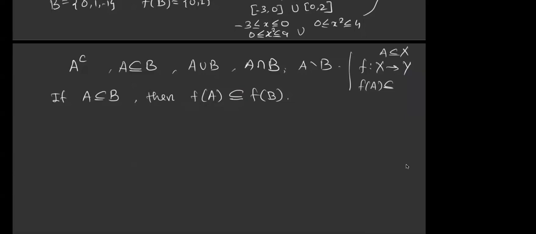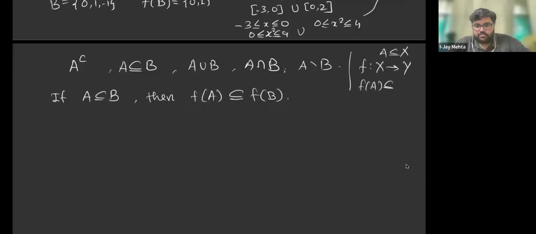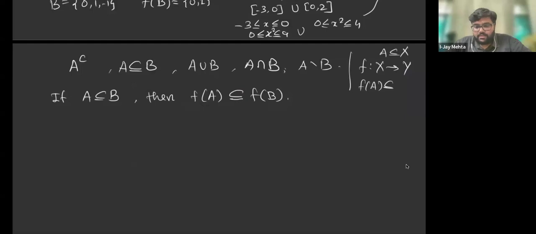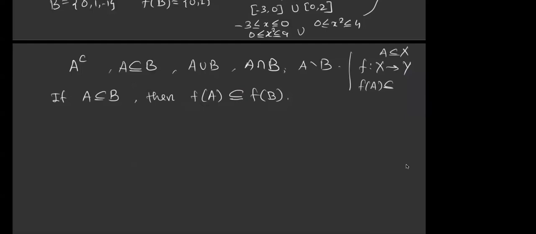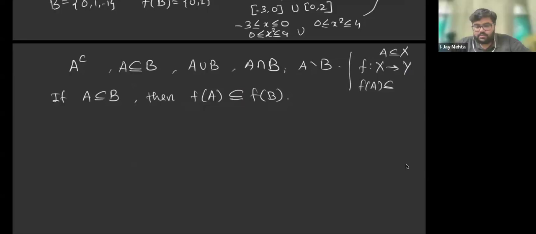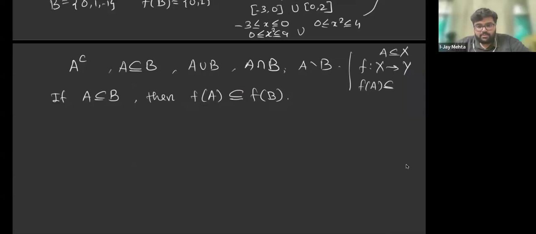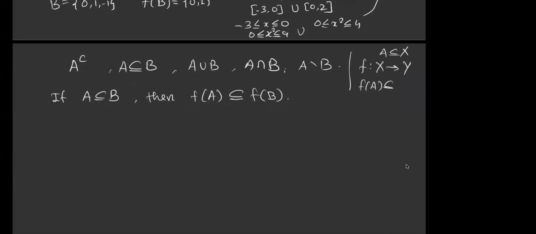We will take any element which belongs to f of A, let y belong to f of A. Then we can say that there exists x belongs to A such that y equals f of x. Since we know that A is a subset of B, therefore x belongs to B also. Then there exists x belongs to B such that